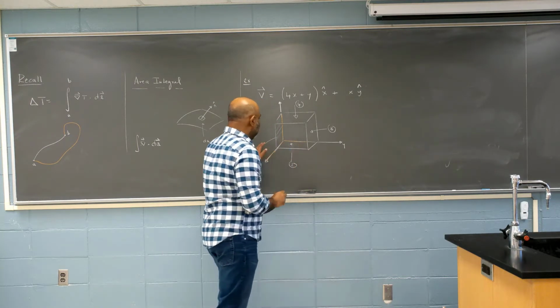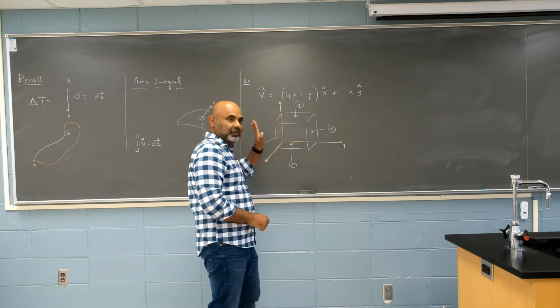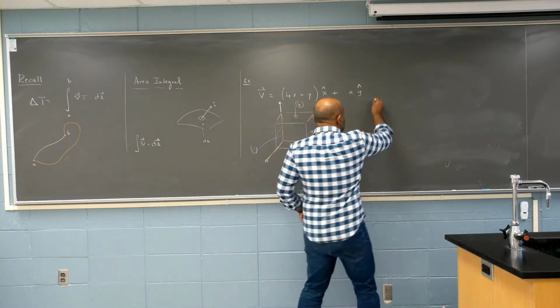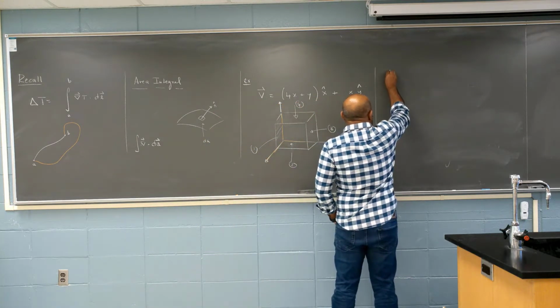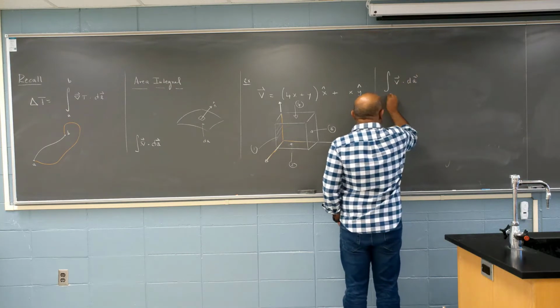Well, let me do first the 4 sides, and then we'll worry about, we have this side left and that side left. Okay? So let me do V dot dA along